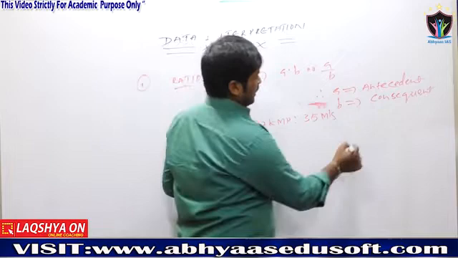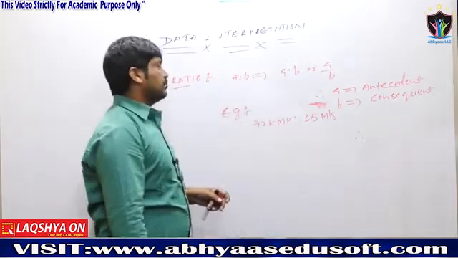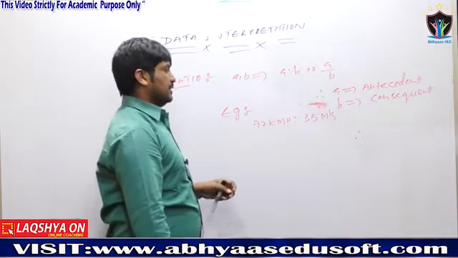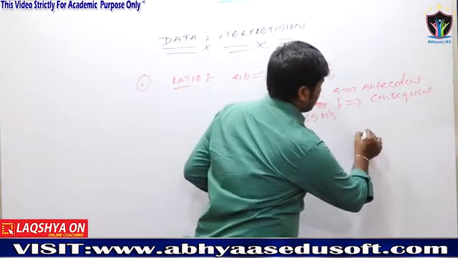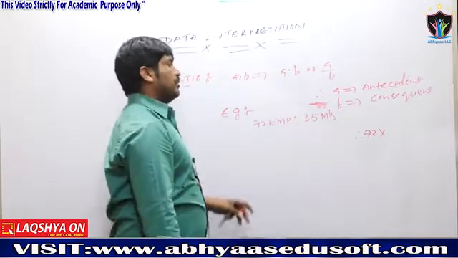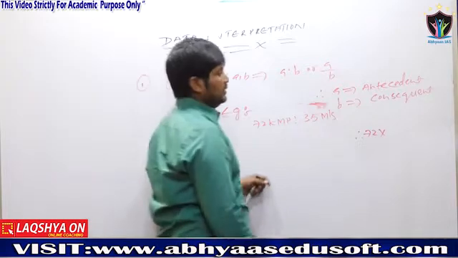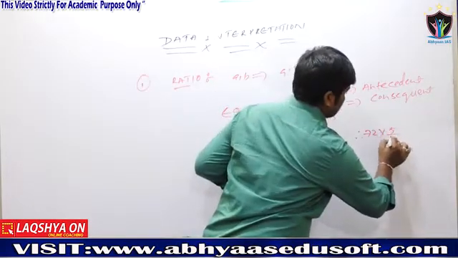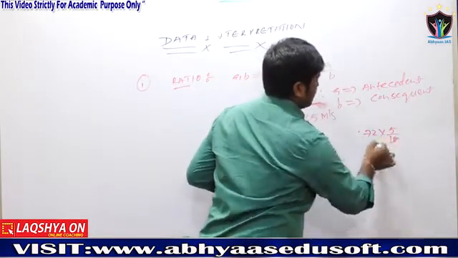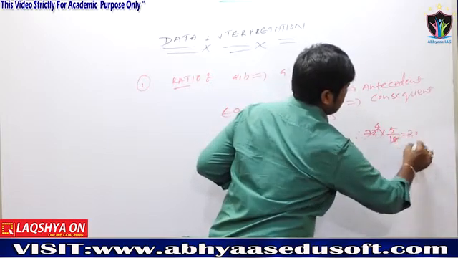Now I'm going to do it here. I am converting kmph into meter per second. We know that when we convert kmph to meter per second, we always multiply by 5 by 18. 18 fours are 72, so finally we get 20.